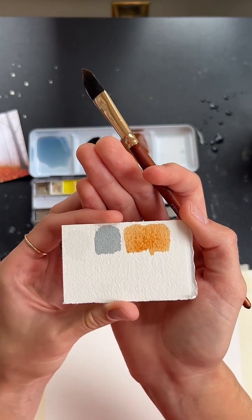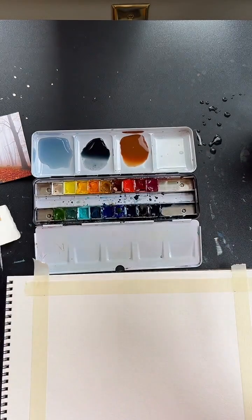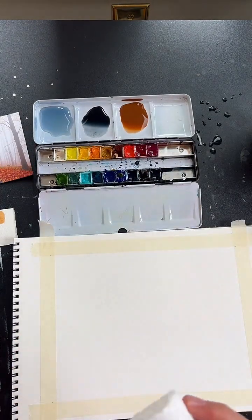They don't have to match mine exactly, and they don't have to be perfect. This is the first layer. Don't worry too much about it. Okay, so